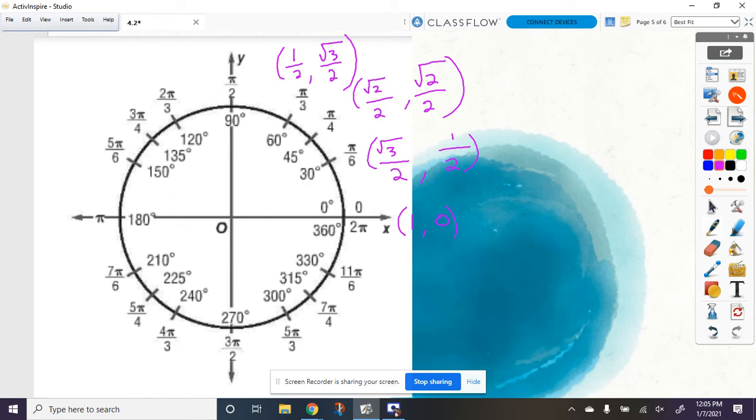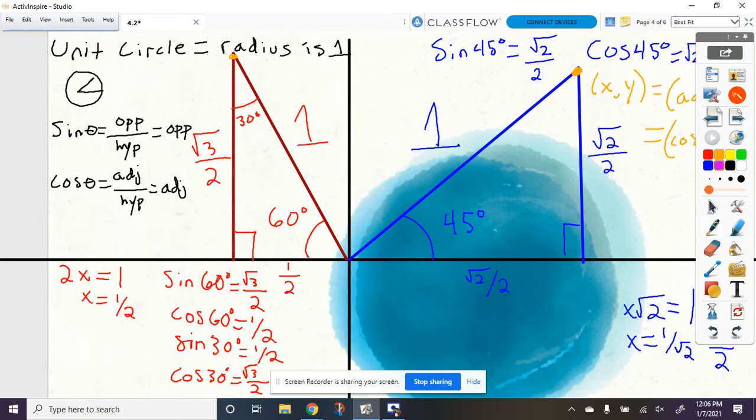Likewise, for the point that's up at the top on my y-axis, well, I went up my y-axis 1, and I didn't go anywhere on my x-axis, so what would that point be? 0, 1. So those give us our sine and our cosine for 0 or 360, or 0 or 2 pi, and 90 or pi over 2. Okay? We all with me so far? Okay. Now it's going to take a little bit of finagling in order to find our last